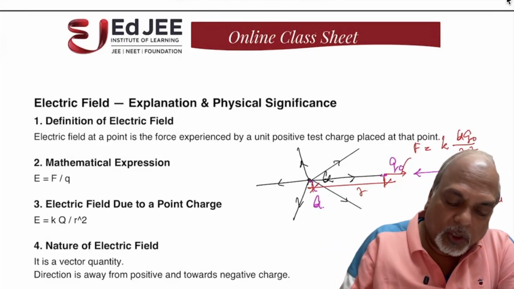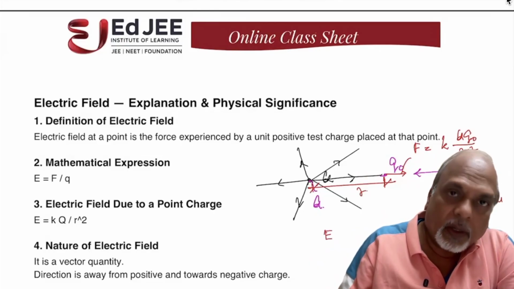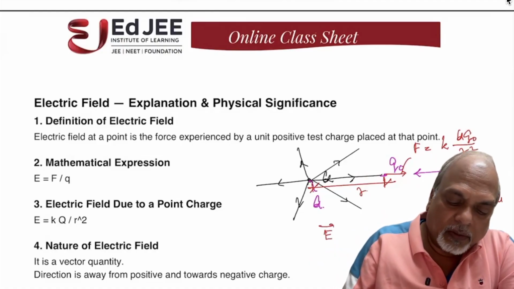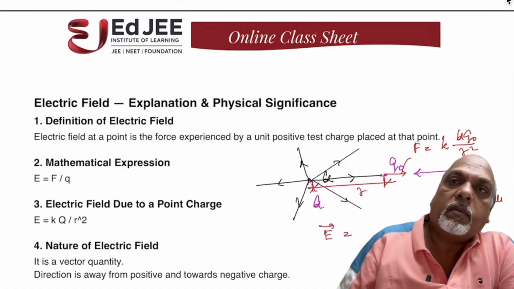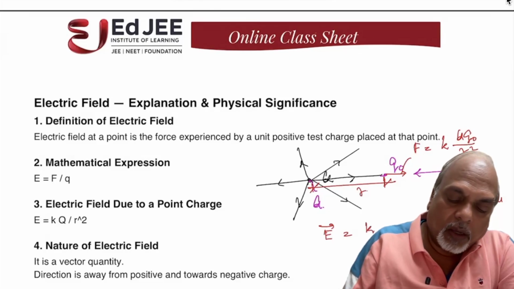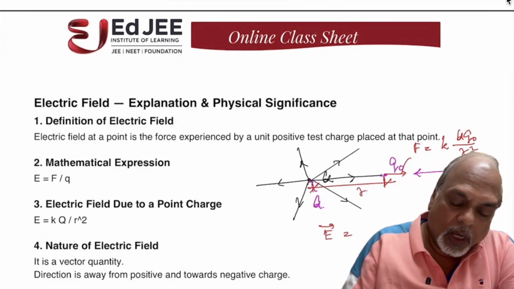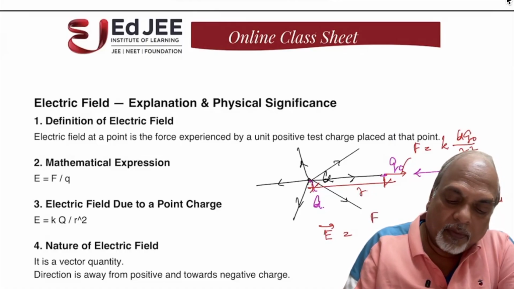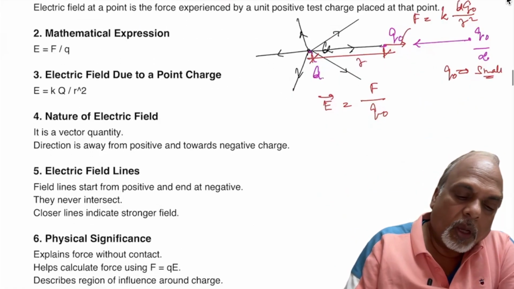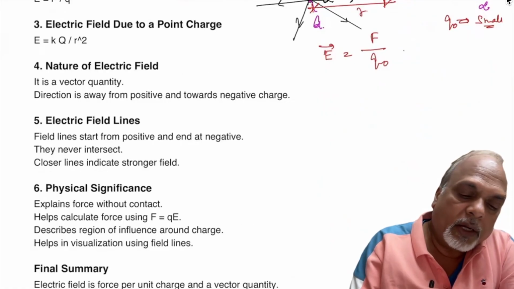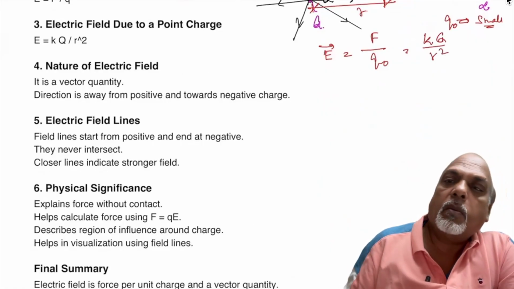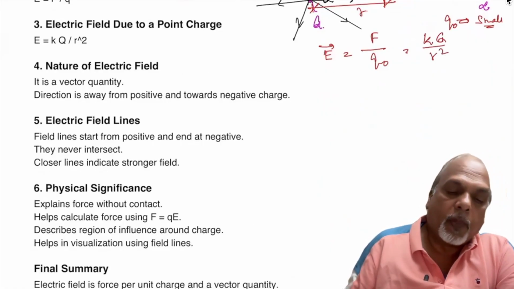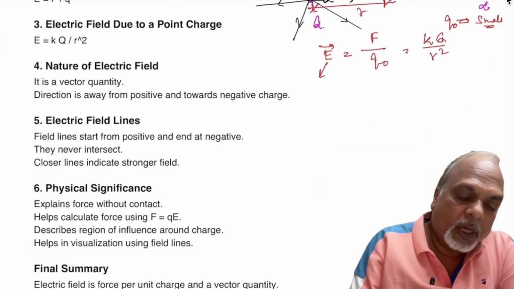Then the electric field at a distance R is defined as F upon Q0, and this we can write as K Q upon R square. What is this? This is the electric field